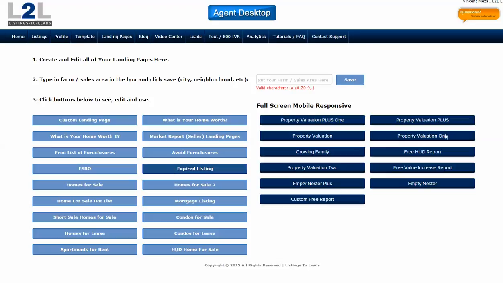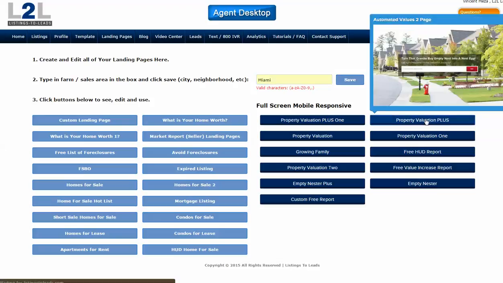So when you're ready and you get your ID, come right over here and just type in the word Miami or Aventura or Coconut Grove or whatever you want, wherever you want to build your business, and click Save. Once you click Save, it's going to put a Miami page under every one of these buttons. Then all you got to do is go over here and click. I'm going to go to Property Valuation Plus, and you click and you just get to whatever button you want,